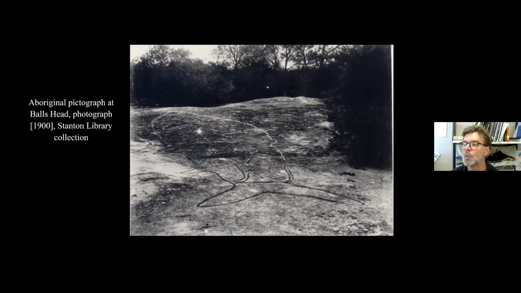This is the one that most people would be familiar with. It's up near the current coal loader sustainability centre, and it's impossible to know how old it is, but it is interesting to note that it's far more distinct here, and this is only 100 and something years ago, which suggests maybe it wasn't that old when Europeans turned up in 1788, because it has weathered quite a lot, and it wouldn't have weathered any more necessarily in the last 120 years than the previous years. I can imagine. There's no reason to think that. So I wonder if it's a fairly recent engraving.